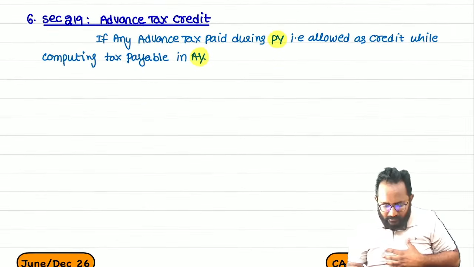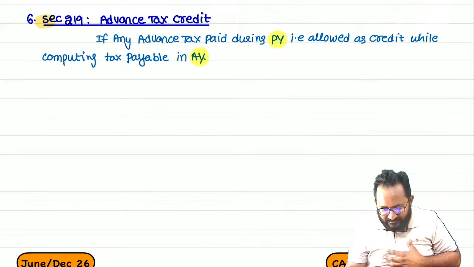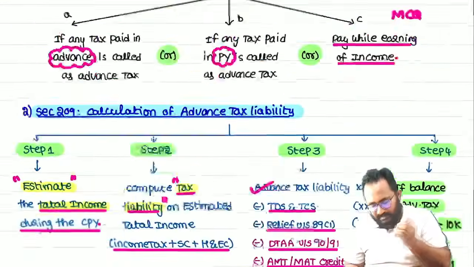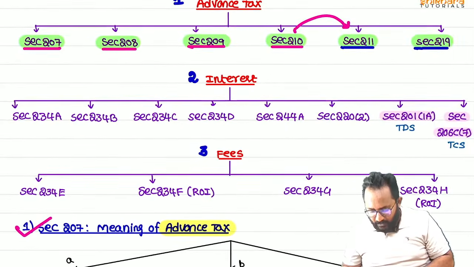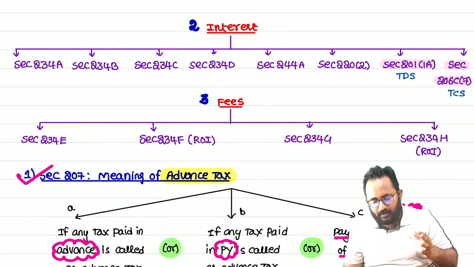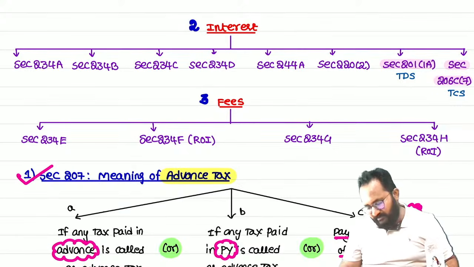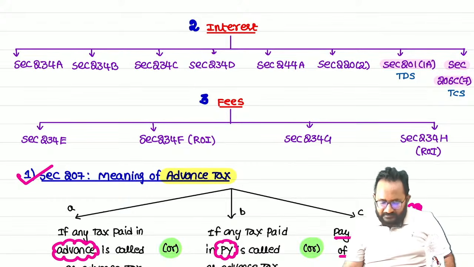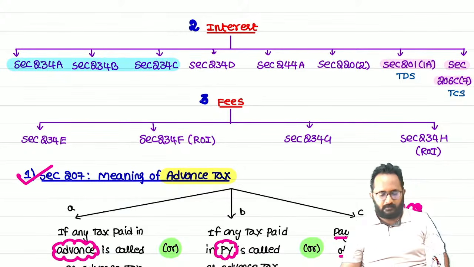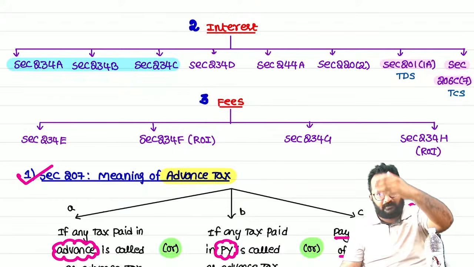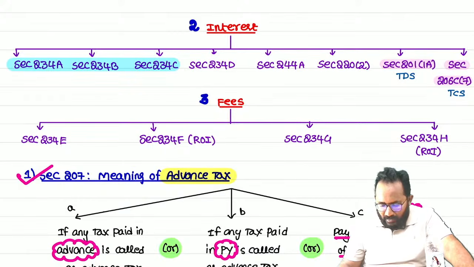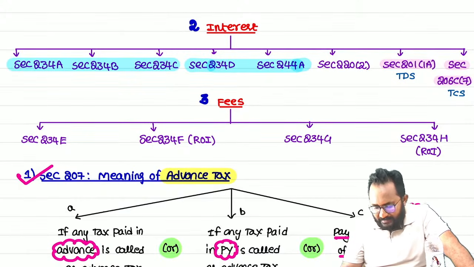Now we have discussed the provisions relating to advance tax in and out in a detailed way. So with this understanding, now we can start the interest provisions directly. In this session, I will tell you 5 interest provisions. These 3 are very important, right? I will tell you these 3 interest provisions along with 1 or 2 questions. And 234D, 244A also I will tell you.